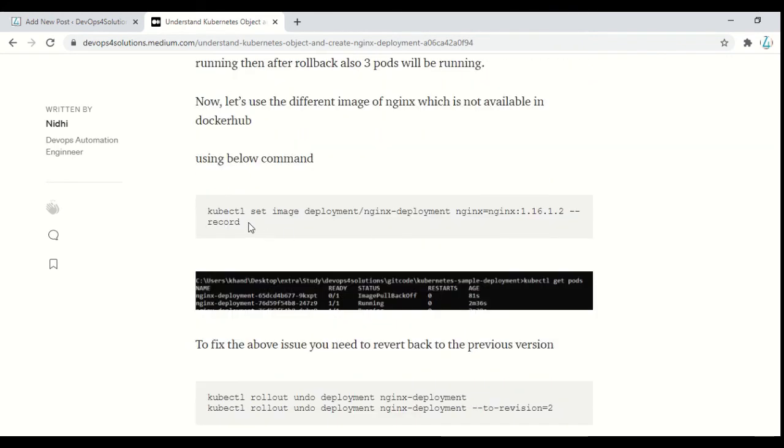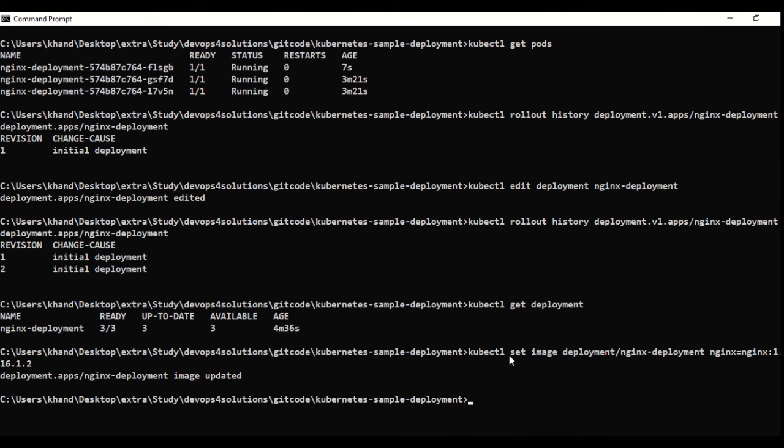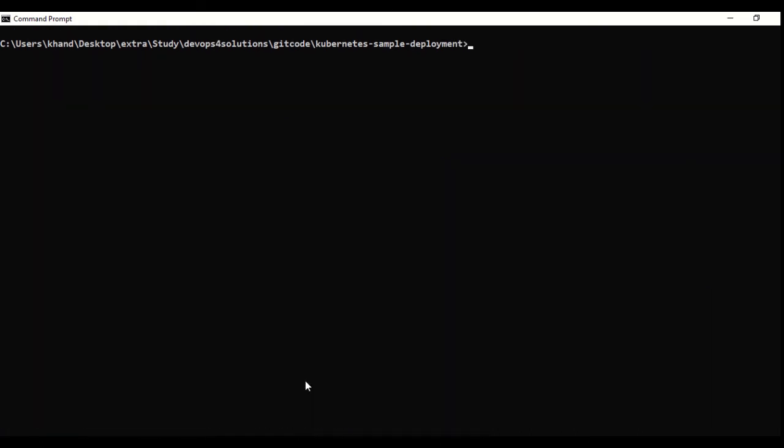Okay. So now I have changed the image using that edit command. You can set it like this also. Right now I am using an image which is not available. Now if I do kubectl get pods, you can see I am getting this error, ImagePullBackOff.